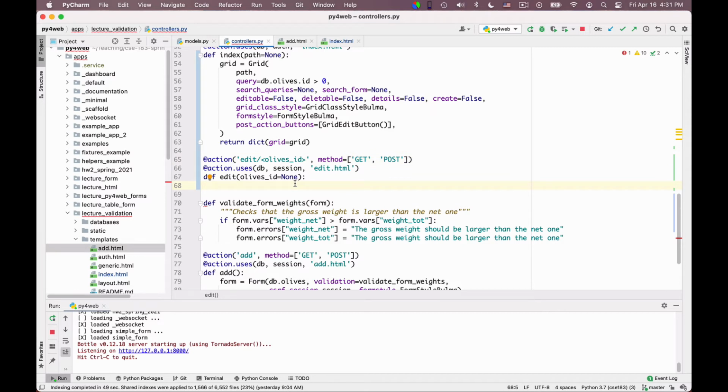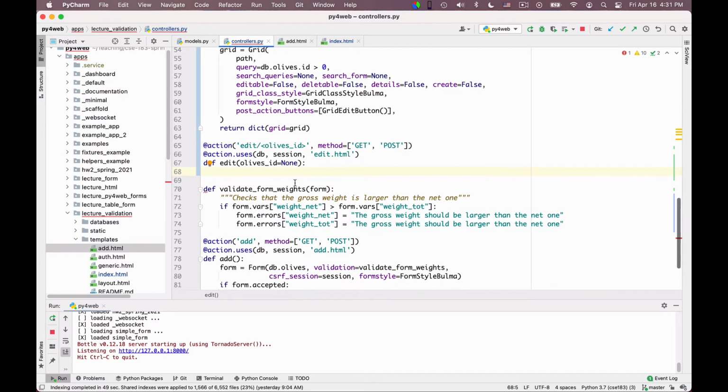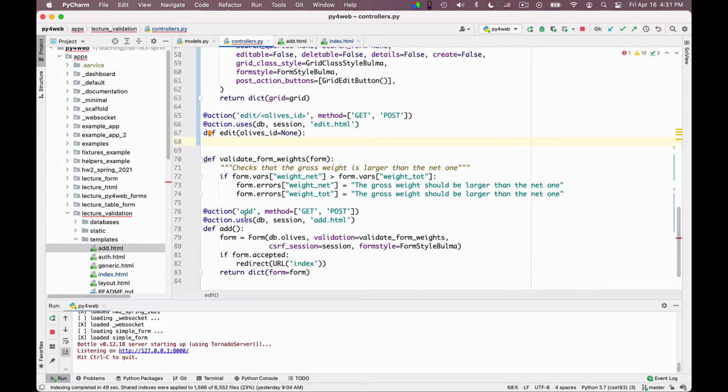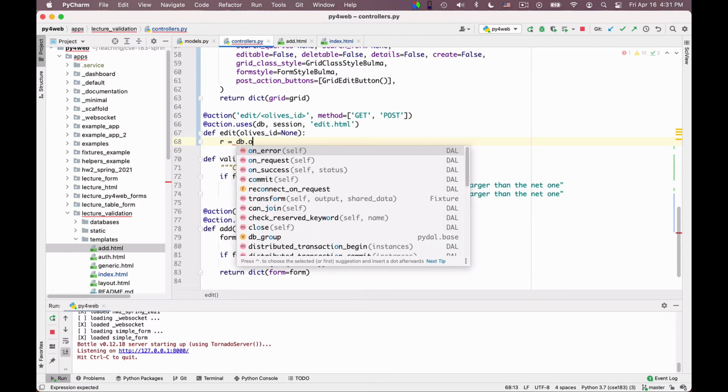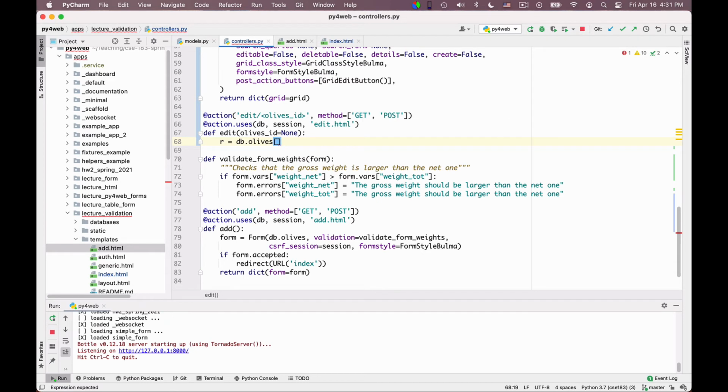So now I have to create a form for editing olives, which is very similar to the form for adding, actually. So let me show it to you. The only difference is that in order to edit a record, I first have to read it. So I read it by saying, for example, record is equal to db.olives, and here I say olive_id.